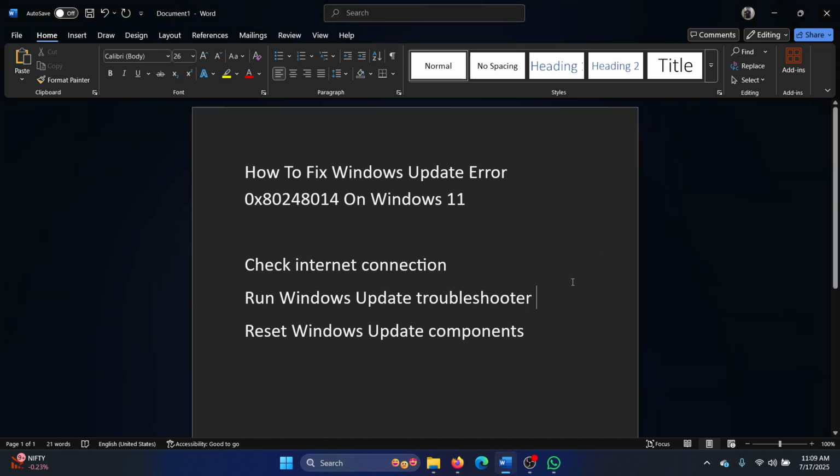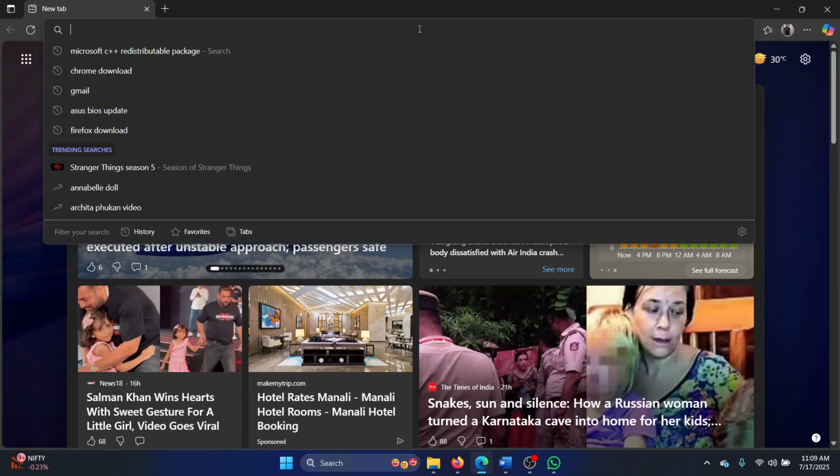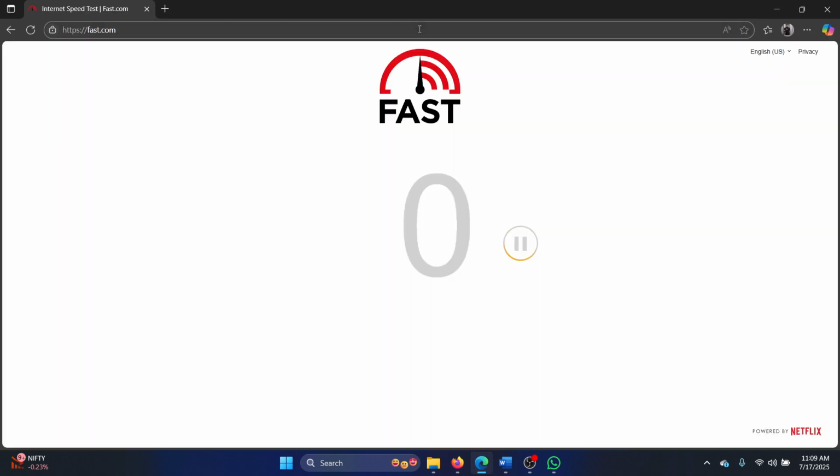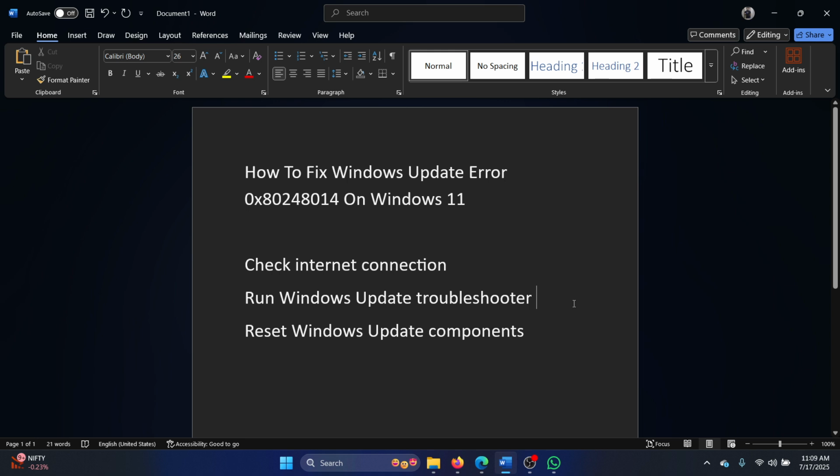So the first solution is to check the internet connection. Open fast.com and hit enter. And then check the internet speed. Is it good enough? If yes, then move on to the next solution, which is to run the Windows Update